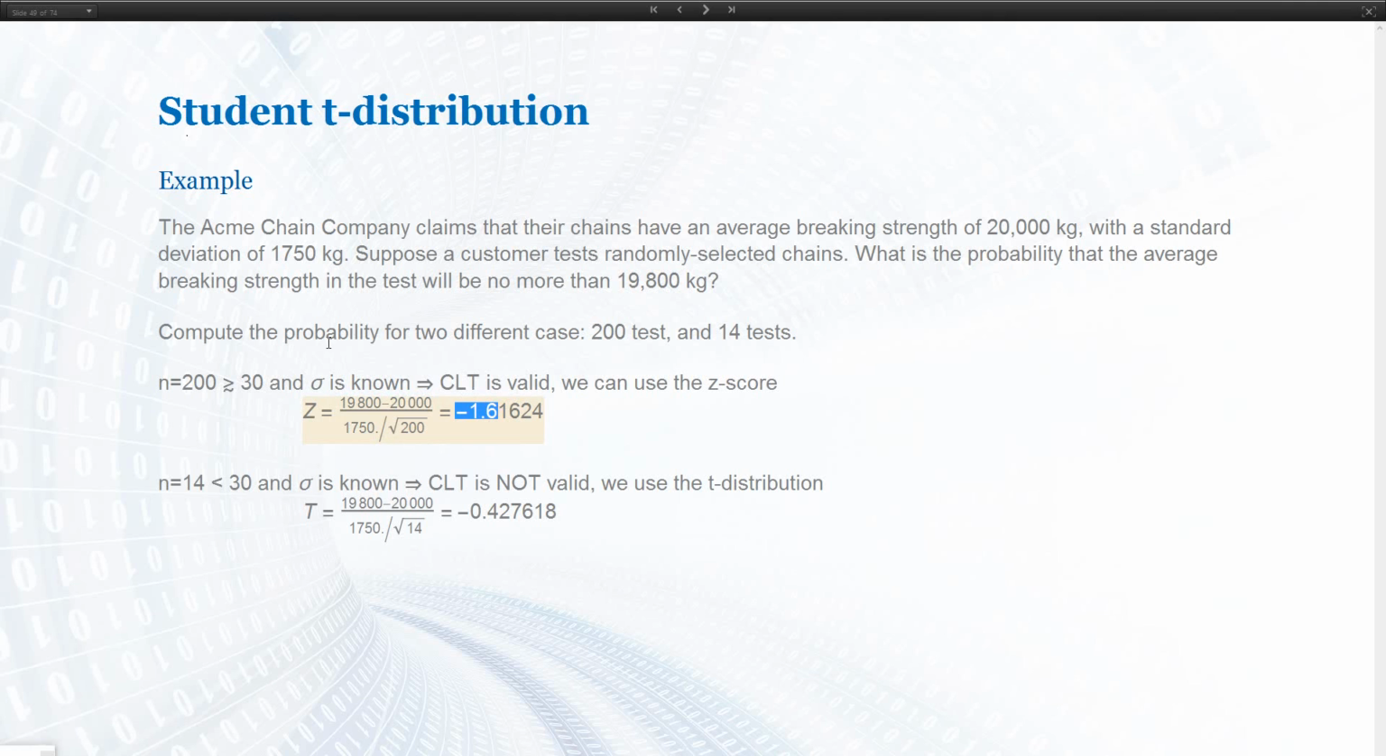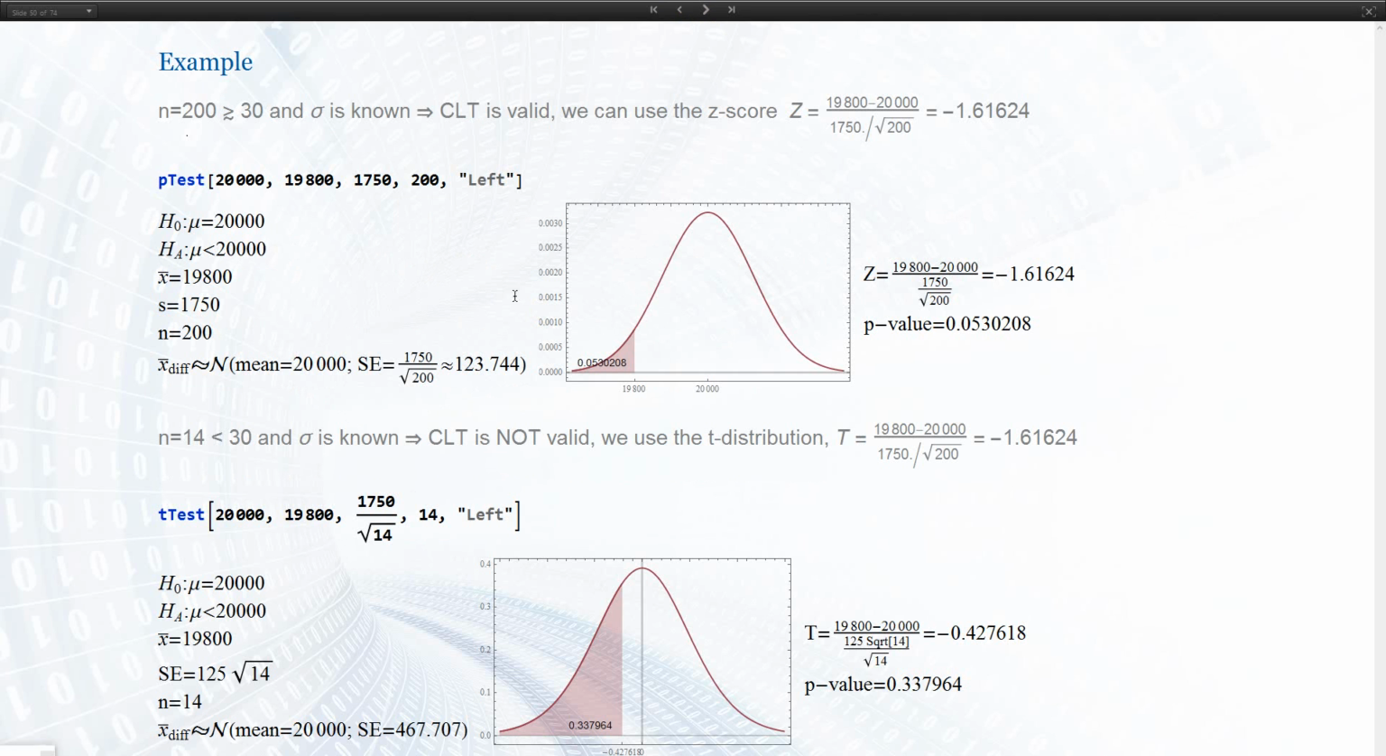If we have a small sample size, maybe he only bought 14 chains, then we apply the t-distribution. We compute the t-score, which follows the same scheme, with the only exception that we use a smaller number here. And this t-score is larger, and this is tested against the